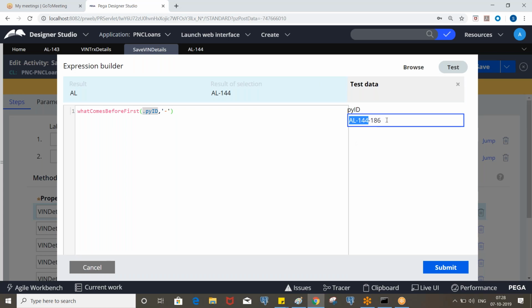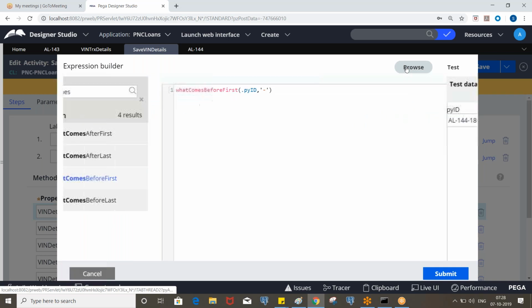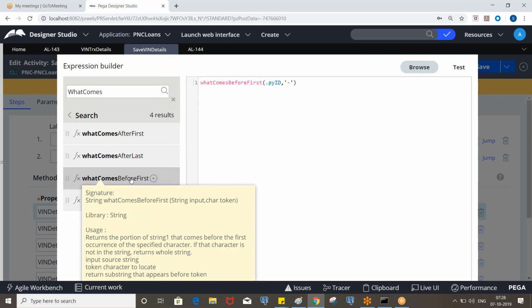First occurrence, right? Now let me show you the exact definition. What comes before first returns the portion of the string that comes before the first occurrence of the specified character. If the character is not in the string, it returns the whole string.